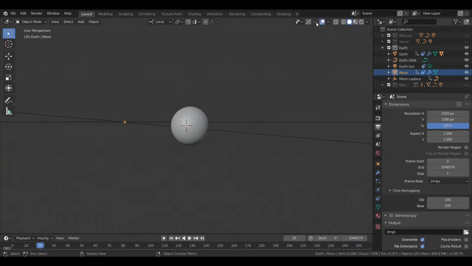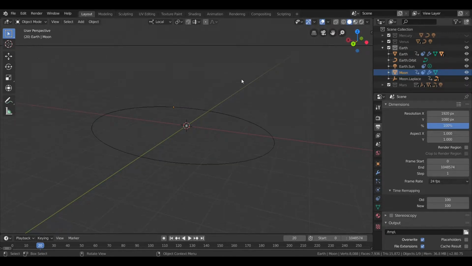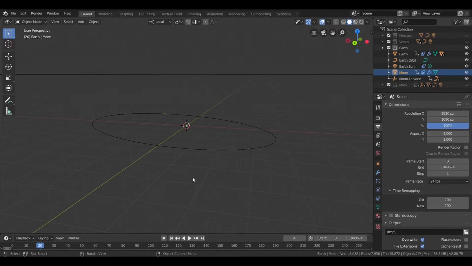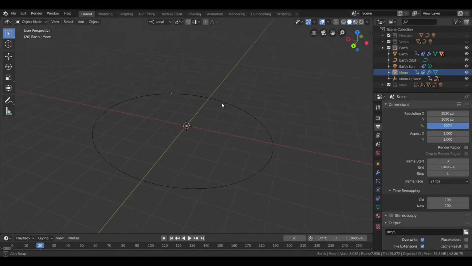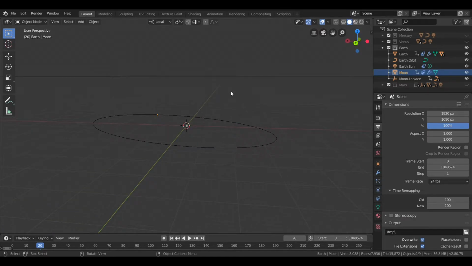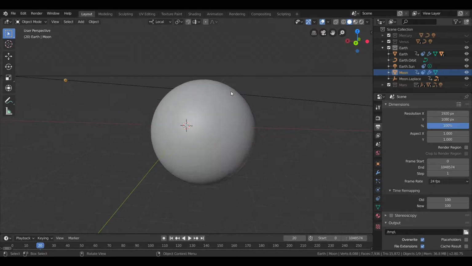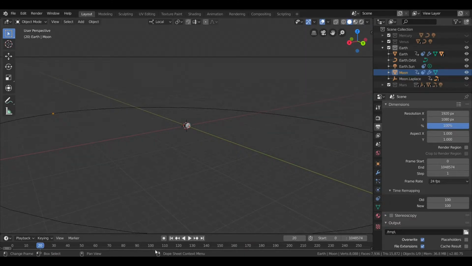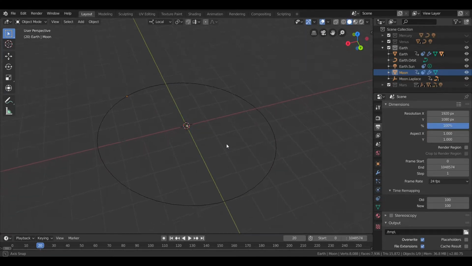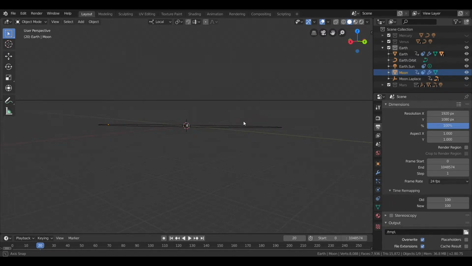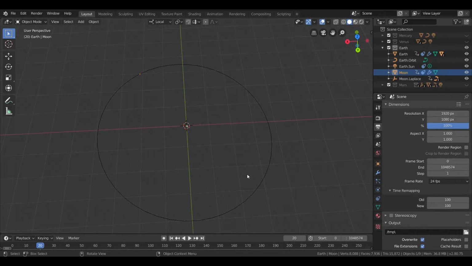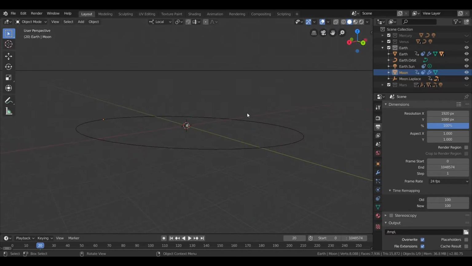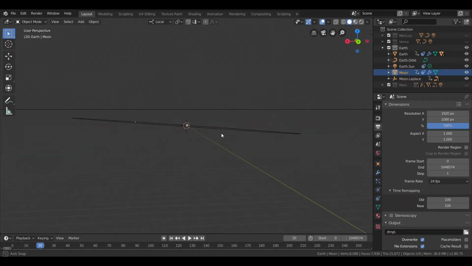Now I'm going to center the view so we can take a look at the moon's orbit around the Earth. Now, I do not want to get into how much work it took to make the moon's orbit as realistic as possible. Actually, not just the moon's, all the orbits I made. I put in a lot of work making an elliptical orbit that is tilted with respect to the planet's orbital plane.